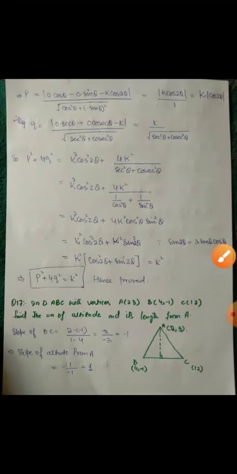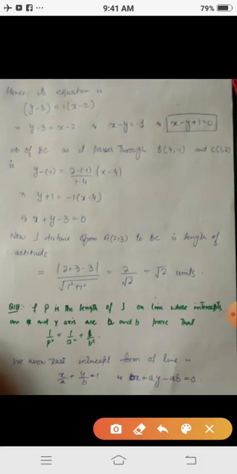This perpendicular's one point is (2, 3). This means that it passes through (2, 3), and its slope is 1. So using the slope-point form, we simply get x minus y plus 1 equals 0 is the equation